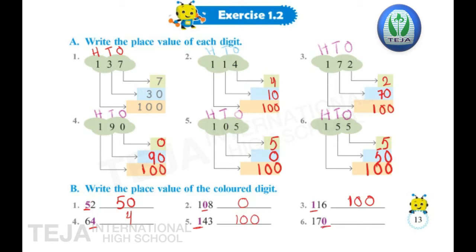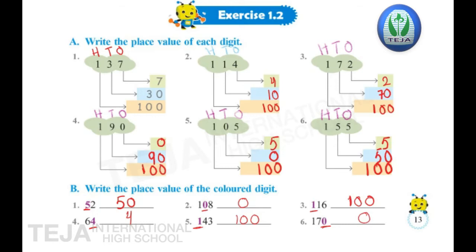Now first we will find out the place values of all the digits in this number. Here 0 is in ones place, 7 is in tens place and 1 in hundreds place. The value of 0 will remain 0 which is in ones place. Next, the value of 7 will be 70 as 7 is in tens place. Next, the value of 1 will be 100 as this 1 is in hundreds place. Okay, children. Now the answer is 0.